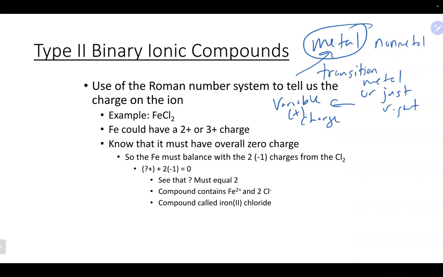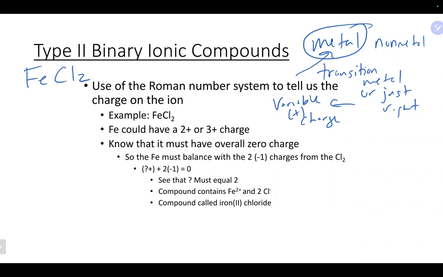Now, the good news is we name it pretty much the same way. The only difference is because the metal could have multiple positive type charges depending on the situation, we do have to include an extra thing in our name to tell people what the charge is. We also need to sort of figure out what the charge on the metal is to do that properly. So if we take the one like in their example,